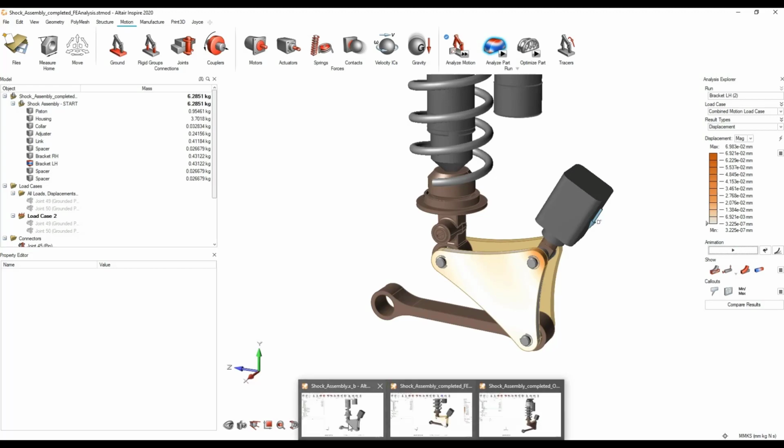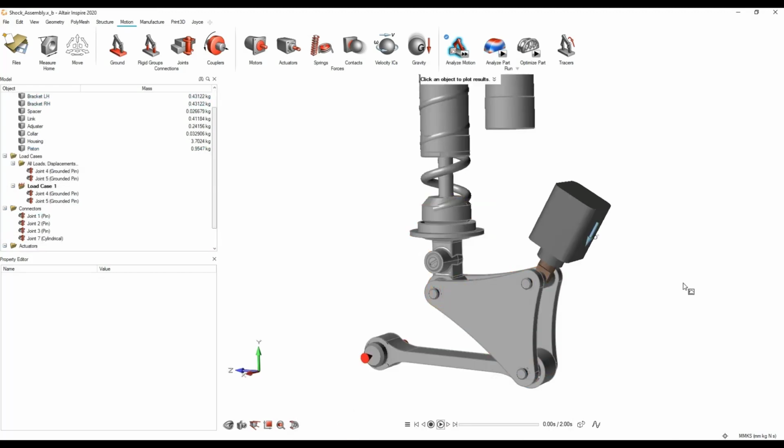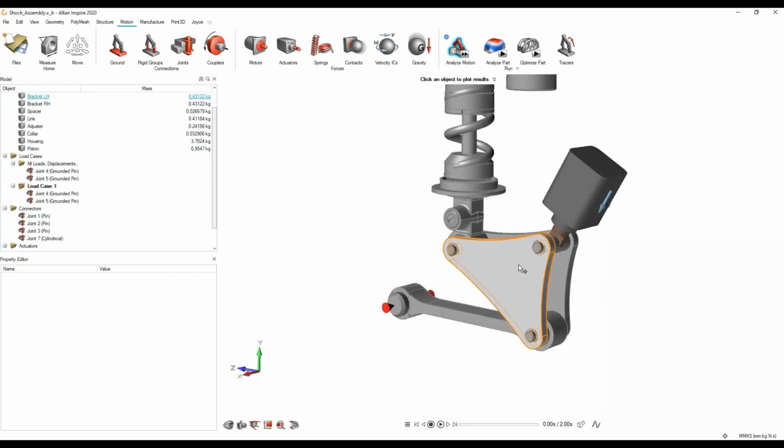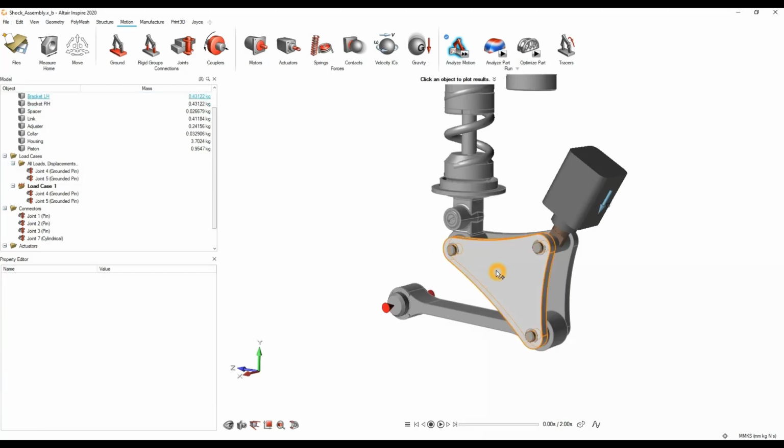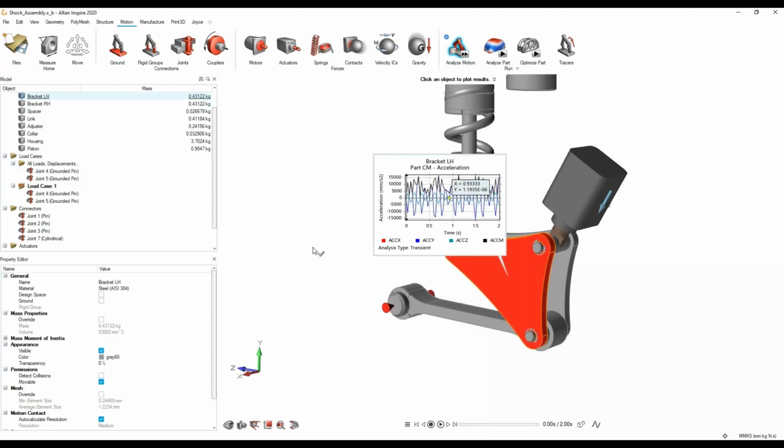So if I head back into my previous model, if we were to click on any of these parts, you can right click and do analyze, but you'll see that underneath, the optimize option has been grayed out. So if you want to take it through for an optimization, you can simply go to where the part is in itself,